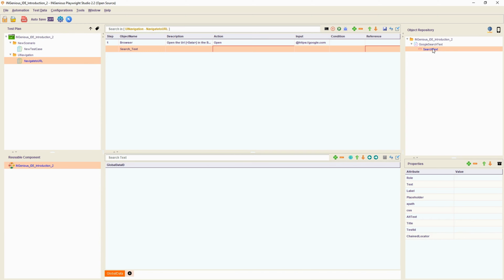This one and this one should be the same, so I just remove that. Or what I can do is remove that row and add another row. I can drag and drop as well. So I say search text, and the action I would like to do here is to assert this search text element